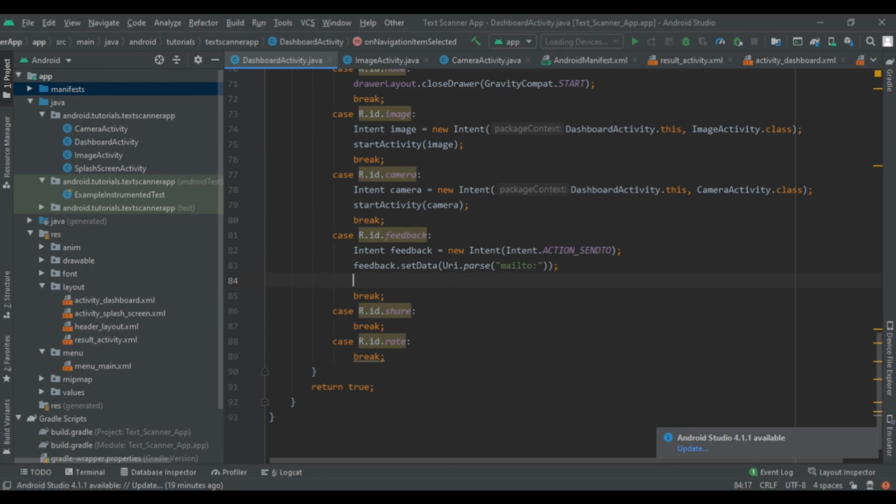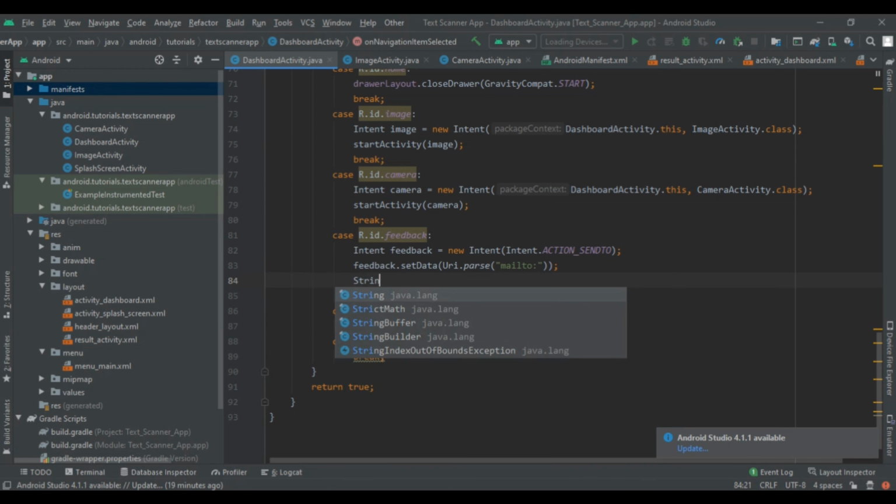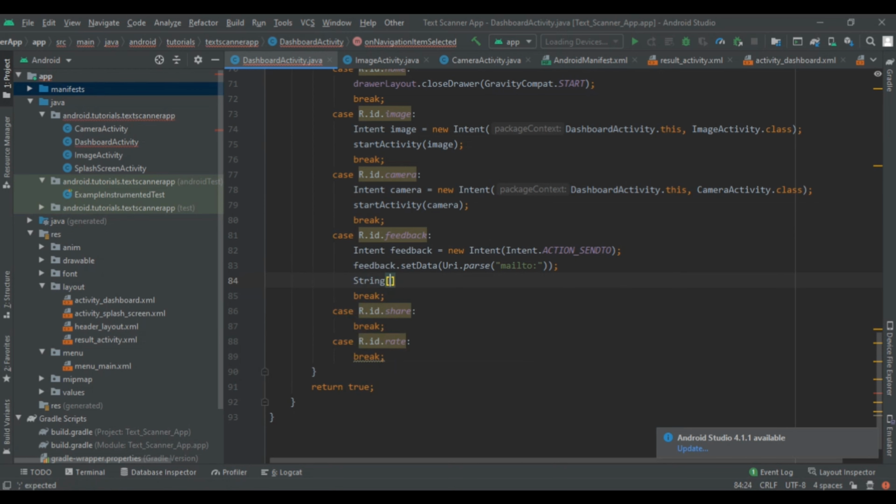So here we are going to give our email ID. So write string, and then make it array, otherwise it will not be shown. So here I am using mail, and then here we have to make this curly bracket and write your mail. So your mail @gmail.com.